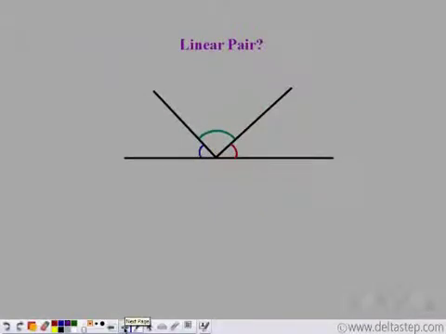Now look at these three angles. Do they form a linear pair? We see that these three angles lie on a straight line. So, are they a linear pair of angles? Well, no. Pair stands for 2. So, we need exactly two angles which are adjacent and which add up to 180 degrees to form a linear pair. In this case, we have three angles. So, although they add up to 180 degrees, we will not call them a linear pair of angles, because linear pair means two angles. Pair stands for 2.